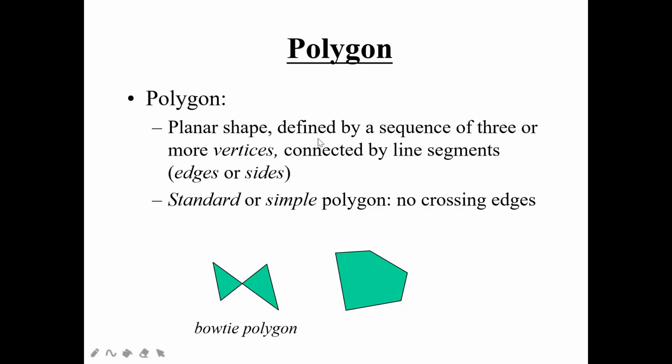And also it can be defined as a sequence of three or more vertices which can be connected like your line segments. So you know how to define a line segment. It can have the edge or it can have the sides. So in this way, you are going to define your polygon. Whenever you write any definitions, it has to be mainly made of technical words, so that whenever any evaluators read your definition, they will understand very clearly.